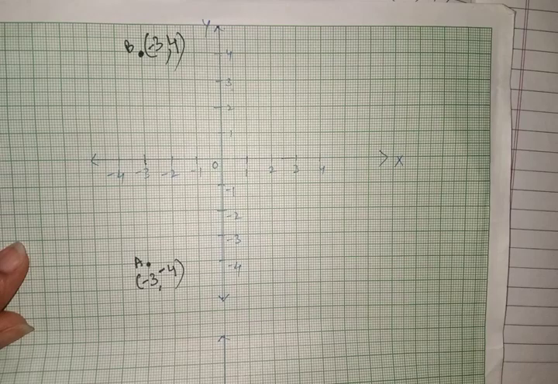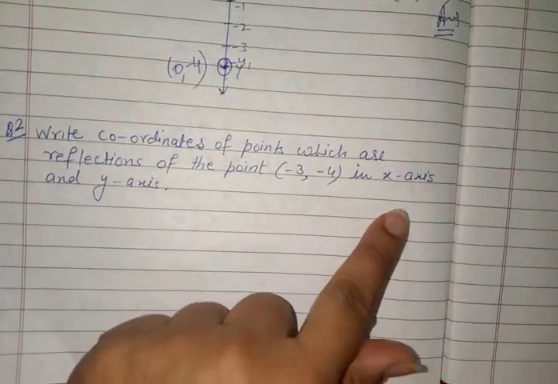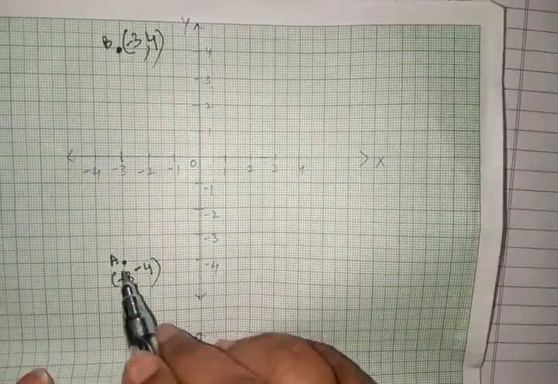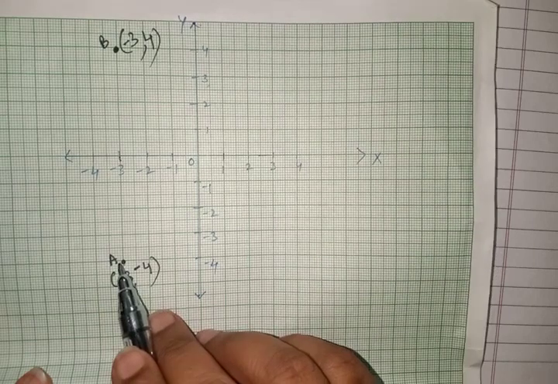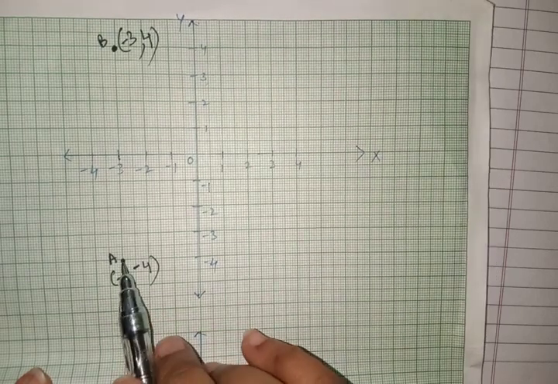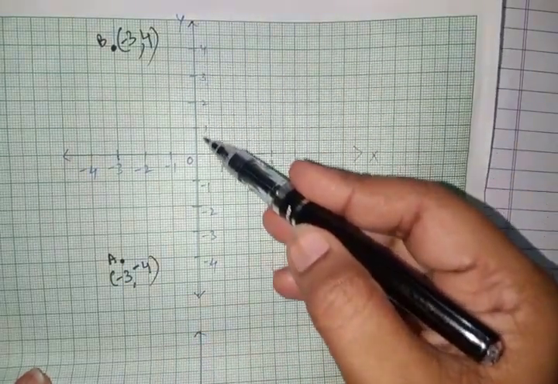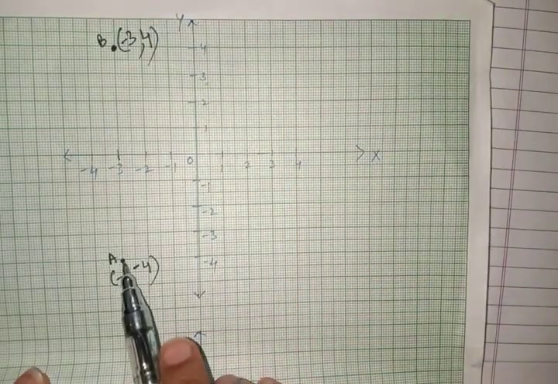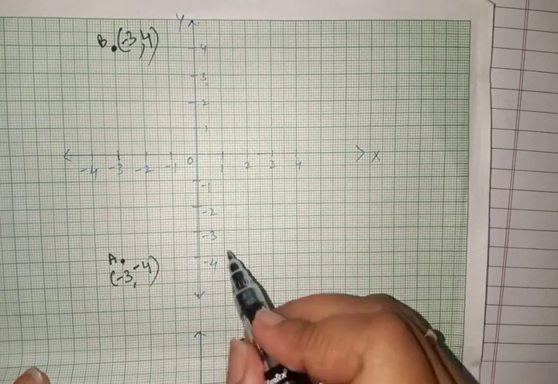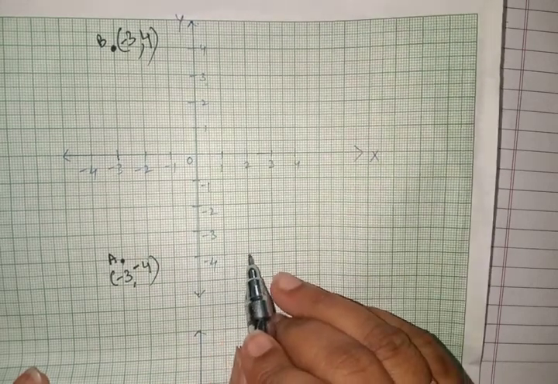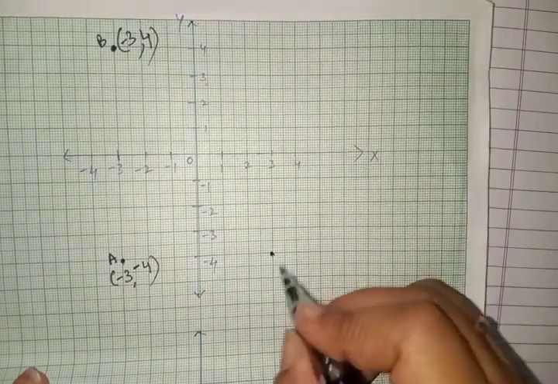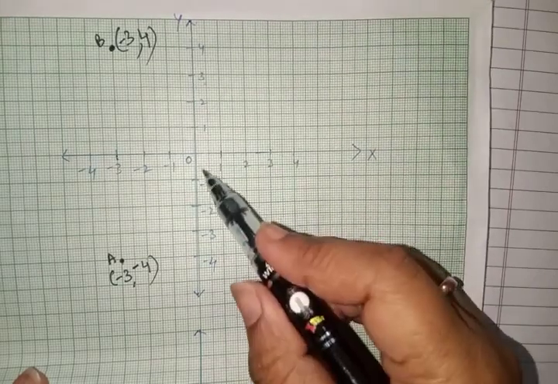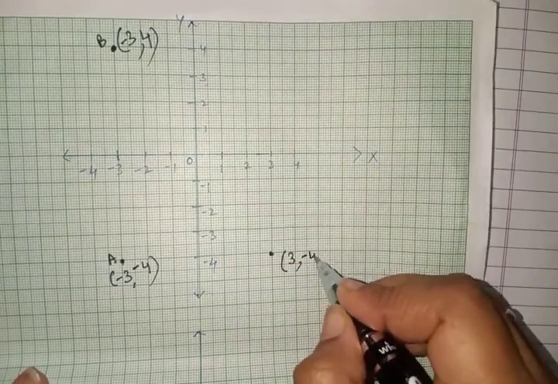Now next they have asked reflection in y-axis. So we need to find reflection in y-axis. The same point A is here and its reflection in y-axis. Just count. y-axis will work as a mirror. So we will go 3 steps backward, 1, 2 and 3. So 3 steps we will move this side, 1, 2 and 3. So this will be our point. And coordinates of this, all of you know, first the value of abscissa means x and the value of ordinate means y. So this is C.